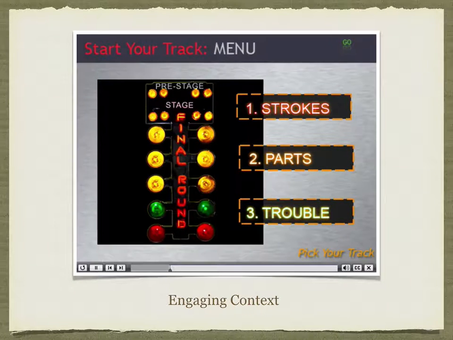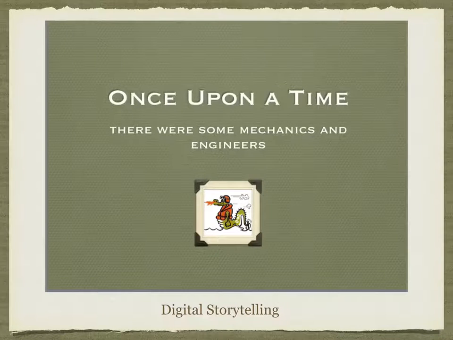So you can see we're taking the boring stuff of four-stroke engines and we're very much putting a teenage spin on it. There's two things to this course. One is the actual learning of how a four-stroke engine works, but part of automotive class is career development. It's mentoring and coaching students to really develop an engineering or a quality point of view rather than just horsing around. So what we did in this course is we put a little story in it, Once Upon a